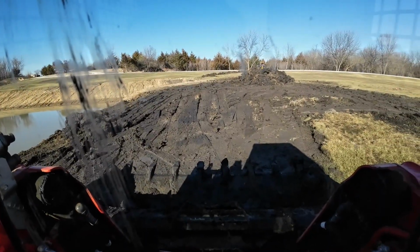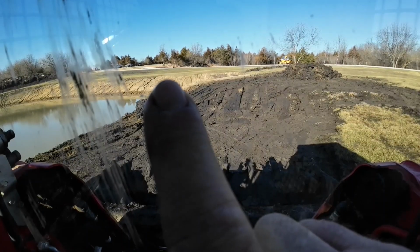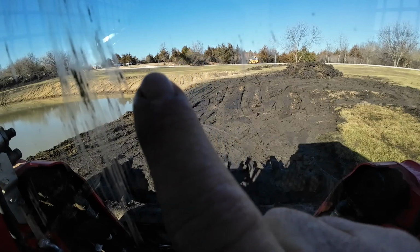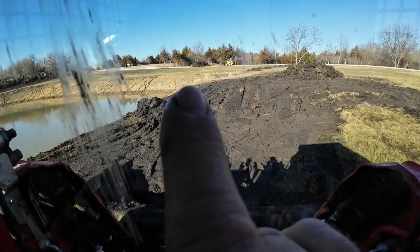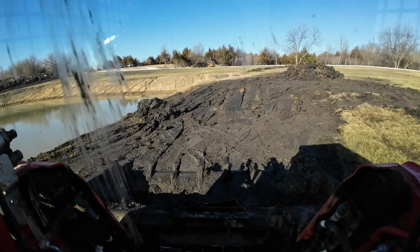Maybe you can kind of see what I'm going for here. I'm actually trying to get over to like in between those two pink flags. I don't know if you can see them over there. I want to round that off, or even round this off and take this nub off here where that last pink flag is over there. But this stuff,